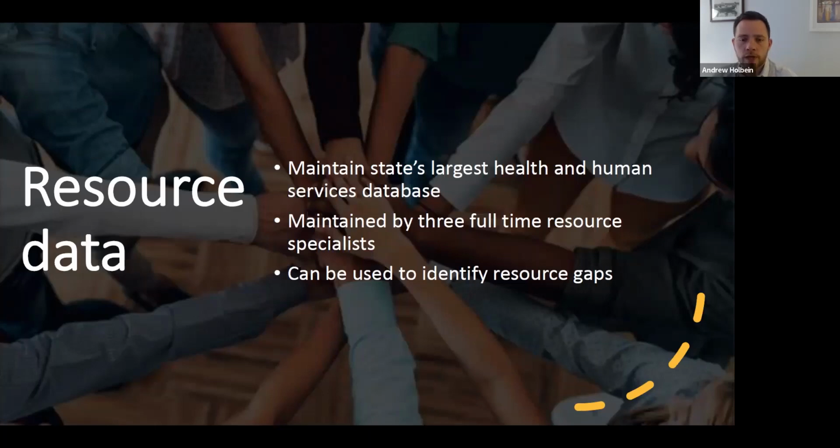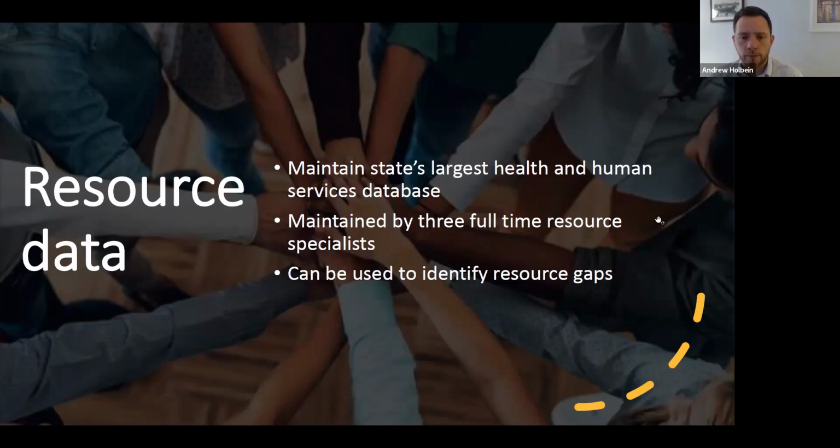Our lead resource specialist, Deanna Allen, has more than 10 years of experience managing these types of databases and takes a lot of pride in curating, updating, expanding and maintaining this database. It has thousands of resources, and that is useful in a lot of ways. One of the uses is that we can see where there are resource gaps, which can help inform social determinants of health, and whether people are able to get to the resources that would help them address those